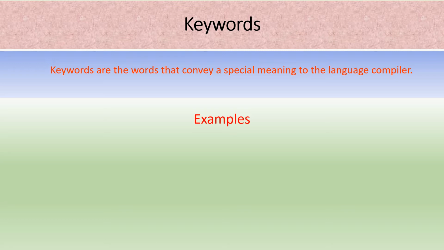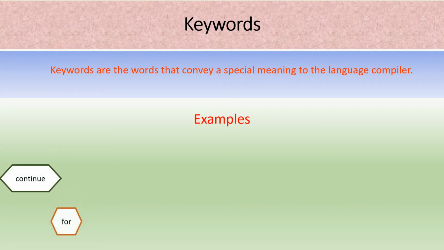जिस पर्टिकुलर पर्पस के लिए इसको लिखा गया है उसी पर्पस के लिए इनको यूज करना है. They are kept in the library of Java and they can be used only for that purpose for which they are defined in the library of Java. There are almost 50 keywords in Java.